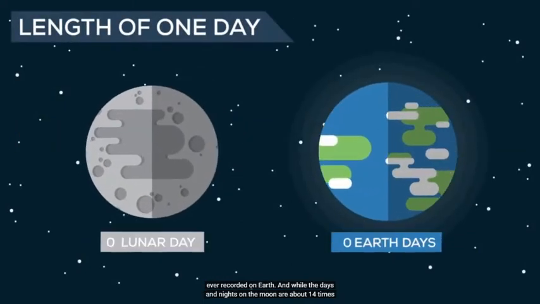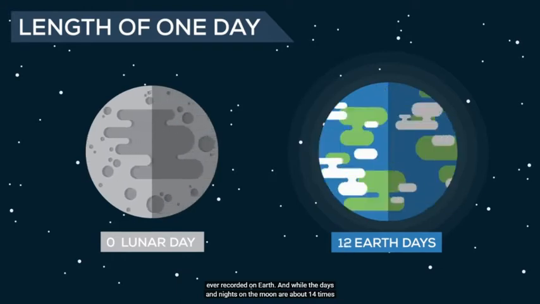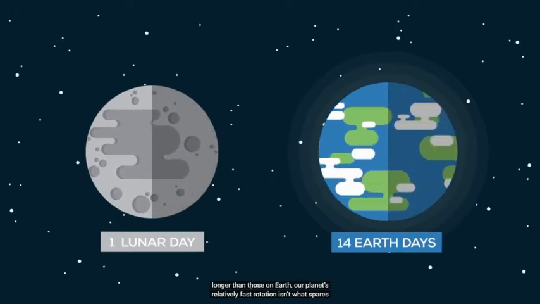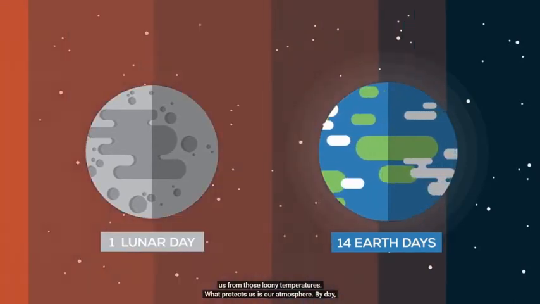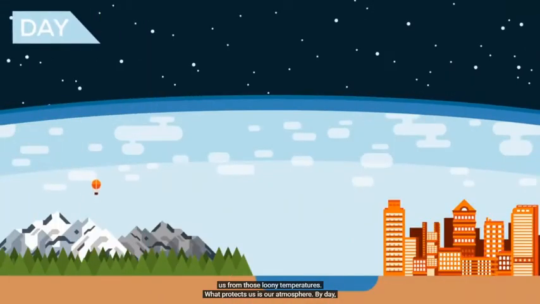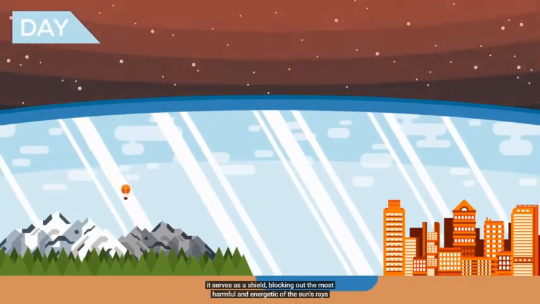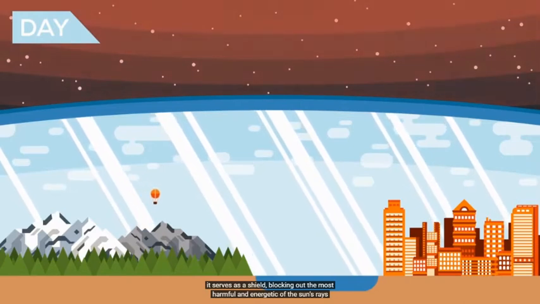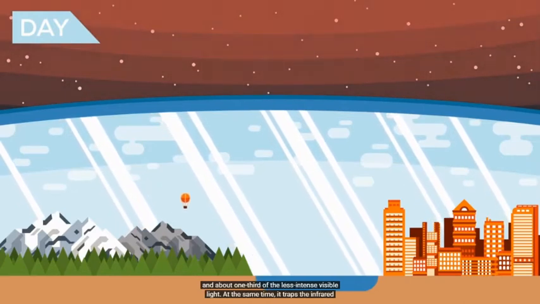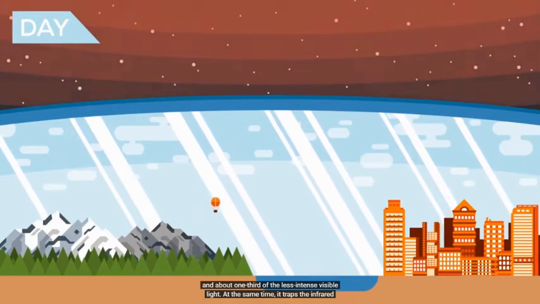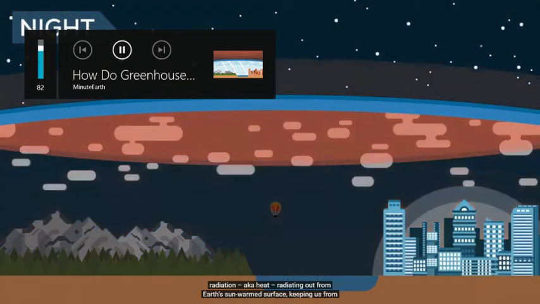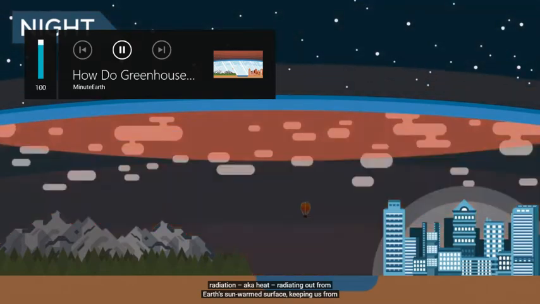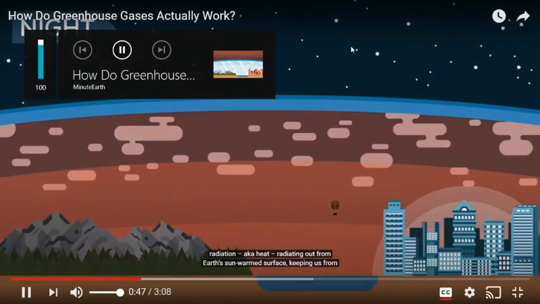And while the days and nights on the Moon are about 14 times longer than those on Earth, our planet's relatively fast rotation isn't what spares us from those loony temperatures. What protects us is our atmosphere. By day, it serves as a shield, blocking out the most harmful and energetic of the sun's rays and about 1/3 of the less intense but visible light. At the same time, it traps the infrared radiation, aka heat, radiating out from Earth's sun-warmed surface, keeping us from